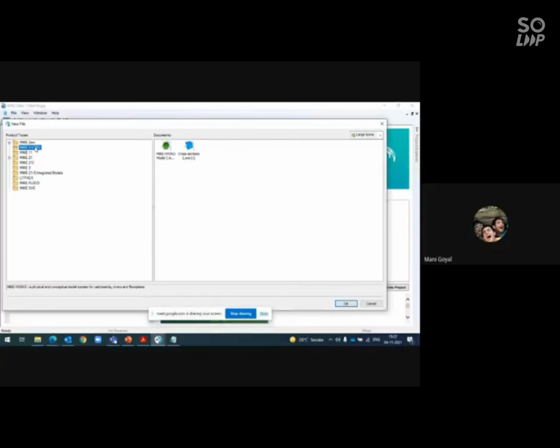And now comes the important part, that is your Mike Hydro model. Now we are speaking about 1D only for now. And if you go to Mike 21, there are two options. One is flow model M21. This is for your rectangular grid, and flow model FM. FM means flexible mesh. So to create a flexible mesh, we use a mesh generator. We export it as dot mesh or DFS2. That input will go into this model.